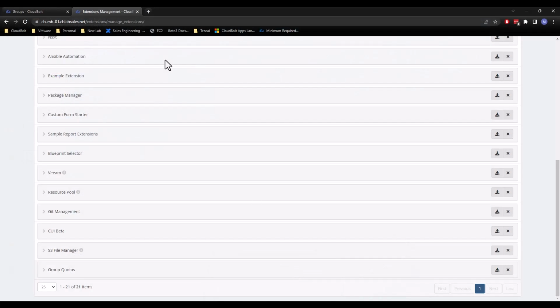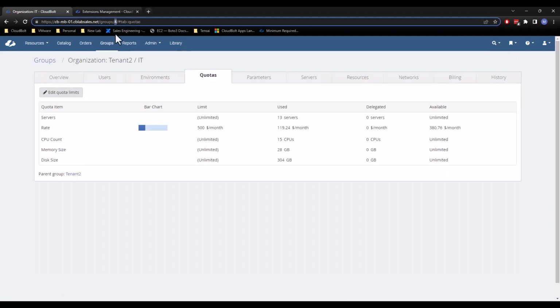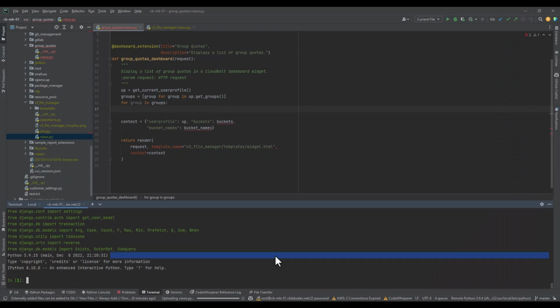So the first thing I want to do here is figure out my IT group. If I hover over it, in the bottom left-hand corner, you should see that this IT group has the ID of 4. I could also go into the group itself and look at the URL. Notice that the ID of this group is 4. So I'm going to capture my IT group as the group that I'm going to be using to test. So I'm going to do group equals